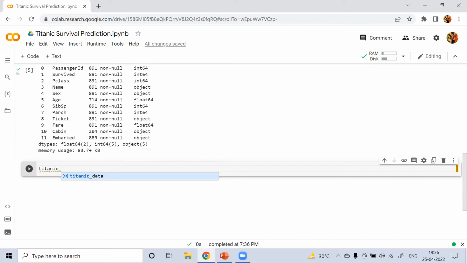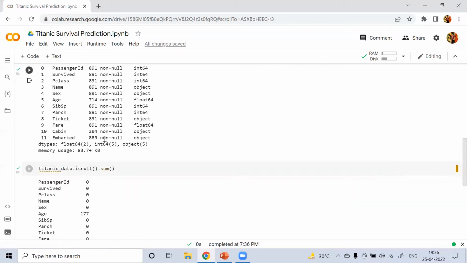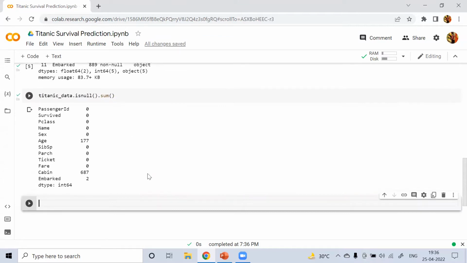We take titanic_data.isnull and take the sum. Here we can see that in the Age column there are 177 missing values, in the Cabin column there are 687, and the Embarked column has 2 missing values. So we have to handle these missing values.